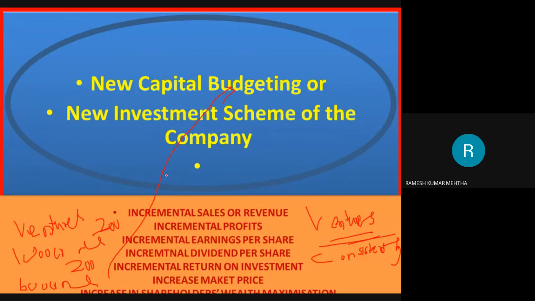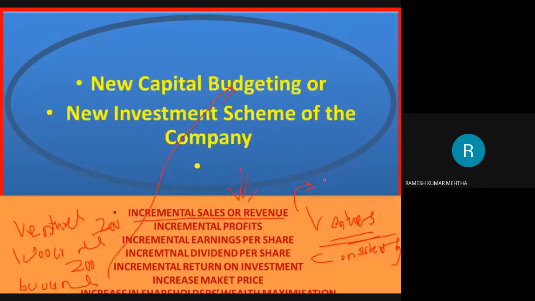So if a company is coming out with new capital budgeting schemes, or an investment scheme, this company is said to be a very good company because of the following reasons. Because of this capital budgeting scheme, wherein they want to invest in new projects, new factories, they are moving out. Because of this, in the next 3 to 4 years after the project is commissioned, there is incremental sales which is going to take place.